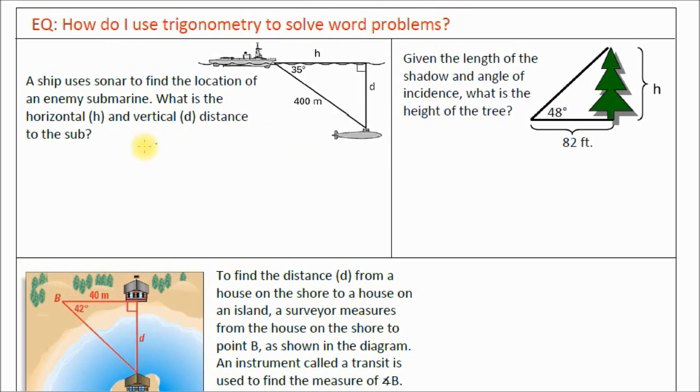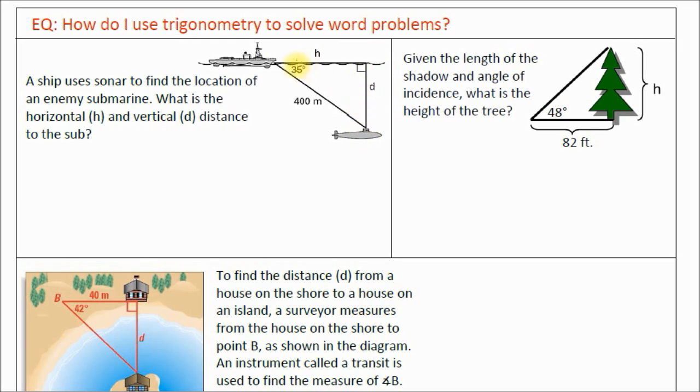Let's take a look at a couple of these. I think some of these maybe you've already seen in some situations. A ship uses sonar to find the location of an enemy submarine. What is the horizontal and vertical distance to the sub? And you can see here we have H. There is our horizontal distance to the top of the sub, and then D is our depth to the actual